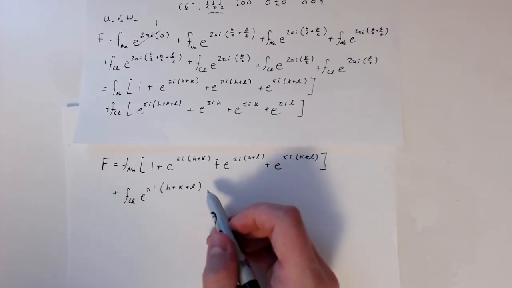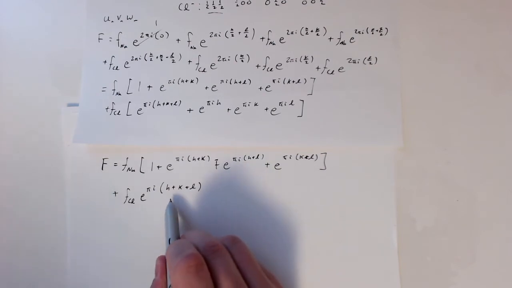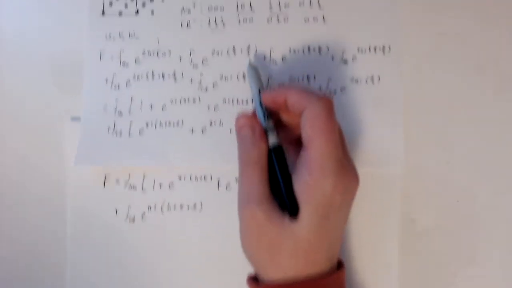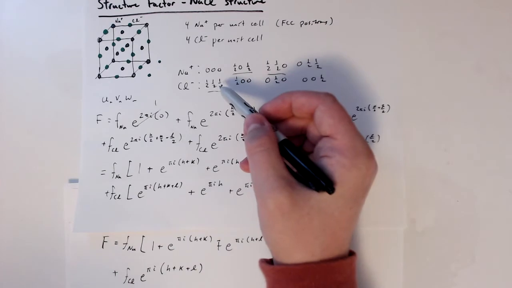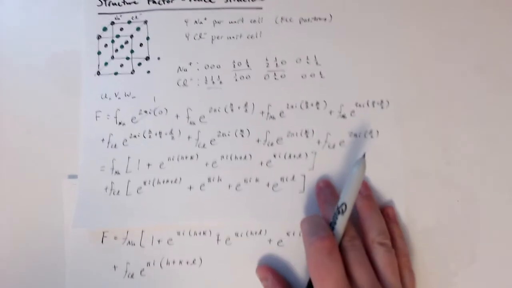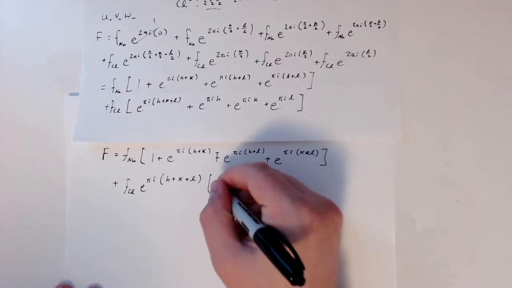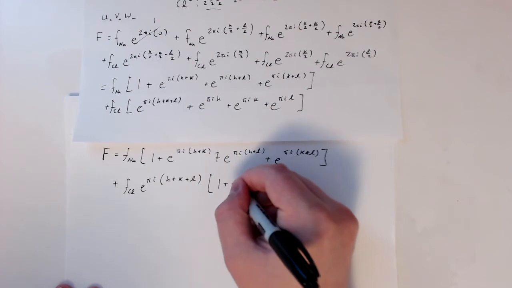And in this case, what they're using for the translation here is the 1/2, 1/2, 1/2, because if we go back up here, we have a body-centered position. So they're actually using that translation instead of one of these. And so if I do that, and I use that as my common factor, then I will get